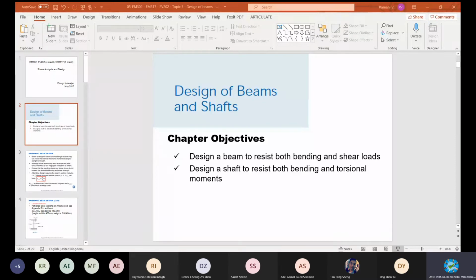Prismatic beam design. See the term itself: prismatic means geometrically similar. Again, it is a symmetric member, and a cutting section at any plane will give equal halves on both sides. We are going to consider first a prismatic and axially loaded member. Once you are thorough, you can modify the values, the lever arm, to find the corresponding